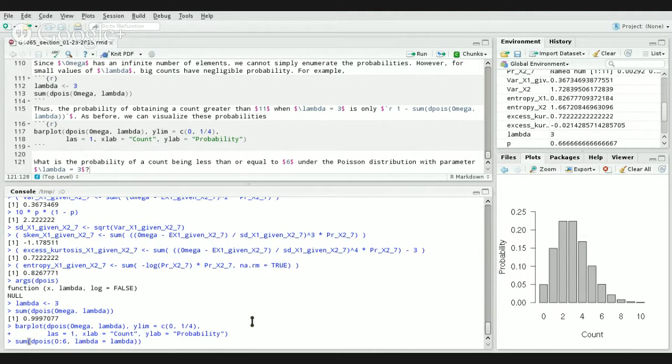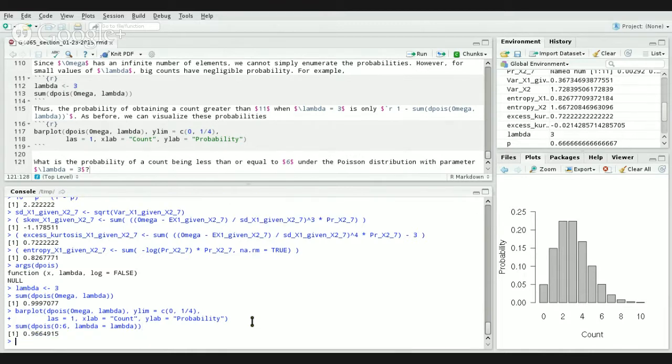Because these events are disjoint, you can't get a count of both 4 and 2, so there's no correction we need to make for the probability of both of them occurring, because the probability of any 2 disjoint events occurring is 0. So this is essentially the probability of getting 0 or 1 or 2 or 3 or 4 or 5 or 6. And the general addition rule tells us that in circumstances like these, we can just add up the